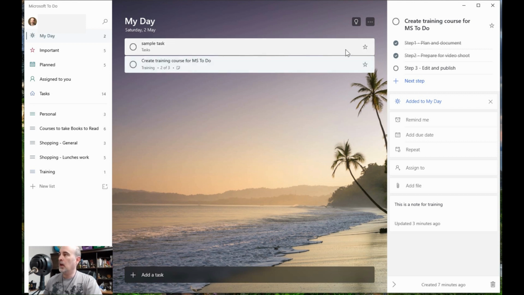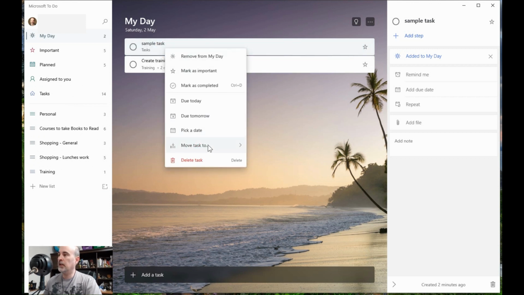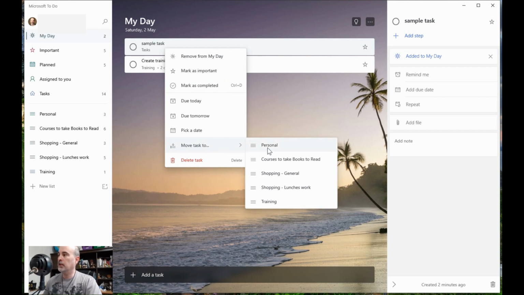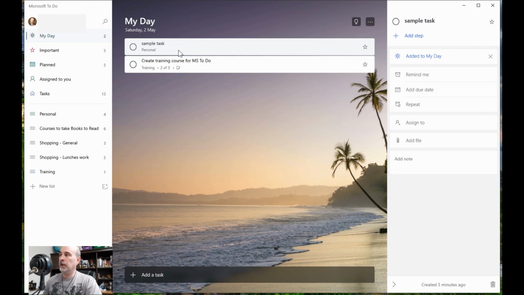If I wanted to move these, I can do that, but something I want to point out first is for assigning these things. I'm on this particular task here, and there's a link to assign to. If I click on this one, there is no option to assign a task, and that's because it's in the main task list. So we need to take that out of there and put it into any one of these personally created task categories. So I can right click on that, move the task to another category. So I'll put this maybe in the personal one.